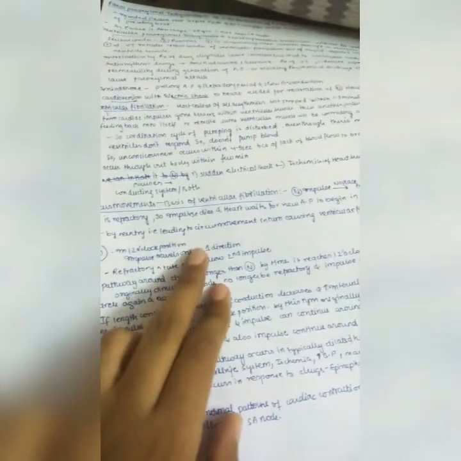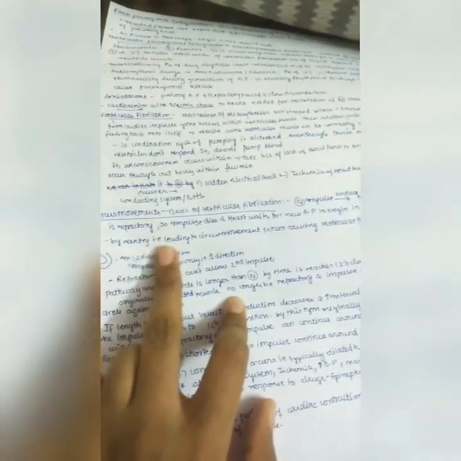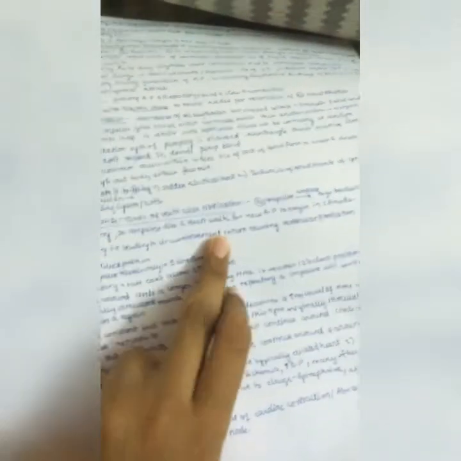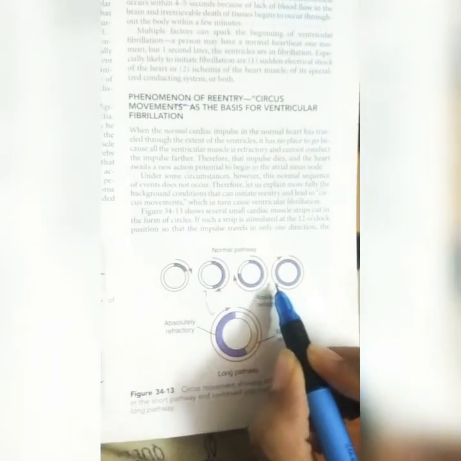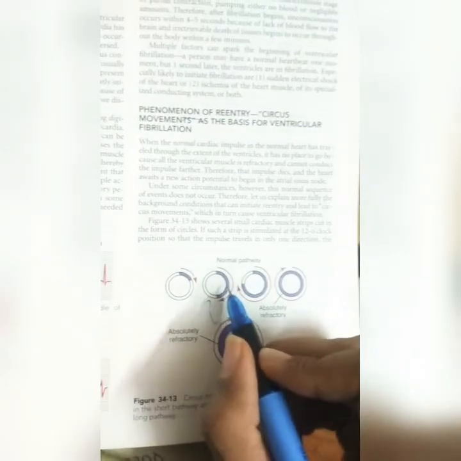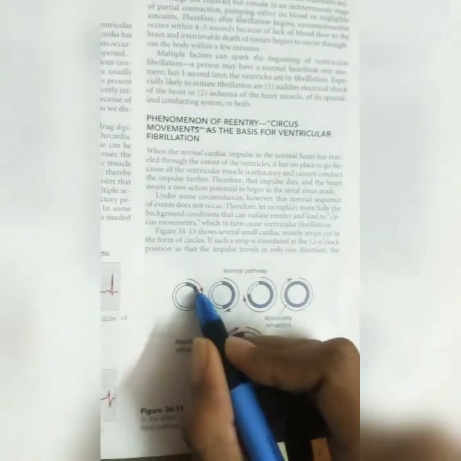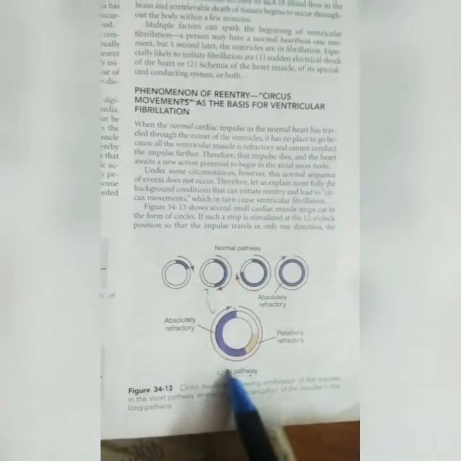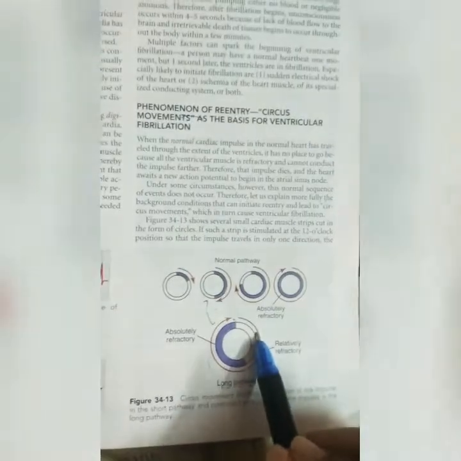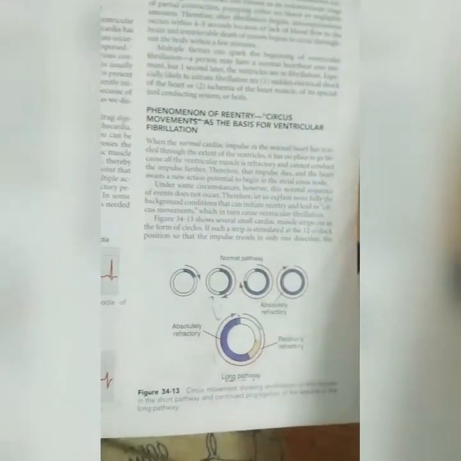By re-entering, that is what leads to circus movement, but this is an abnormal condition where the re-entry takes place, in turn causing ventricular fibrillation. So this is the reason. Here you can see, I'll explain by this diagram very easily. This is the absolute refractory period. This is a normal pathway, where one cycle is going on, so it will continue. Again no other cycle will enter because the refractory period will not allow it. But here this is an abnormal long pathway. You can see that as the refractory period is decreasing, there is a continuous cycle again. Even one more can add up to it. So this leads to a very abnormal cycle.